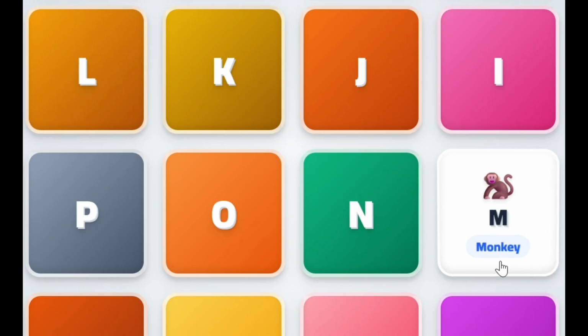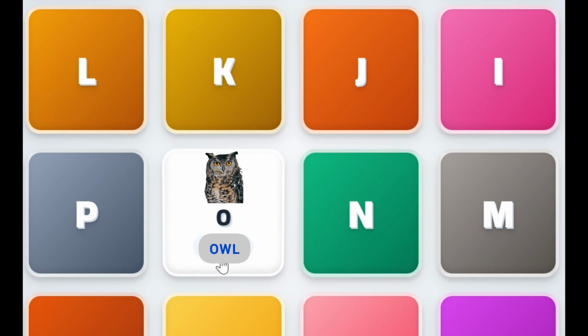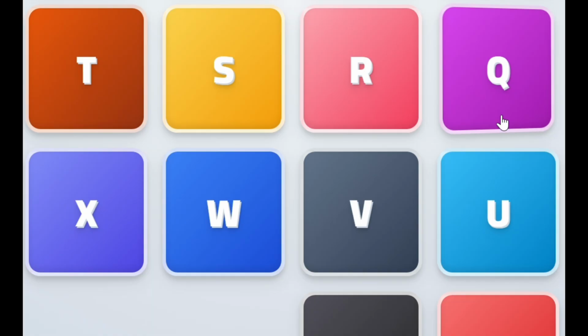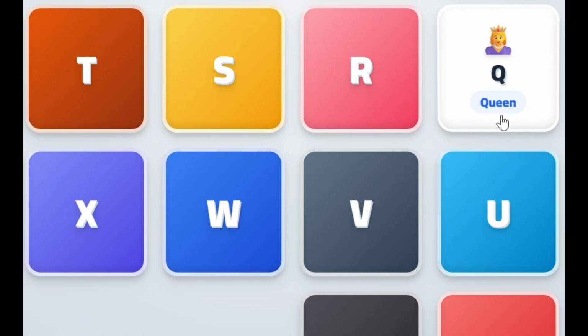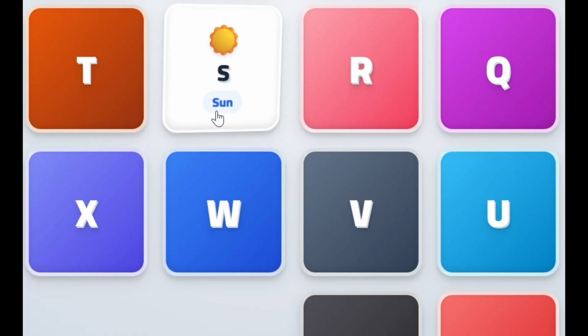M for monkey, N for nest, O for owl, P for panda, Q for queen, R for rabbit, S for